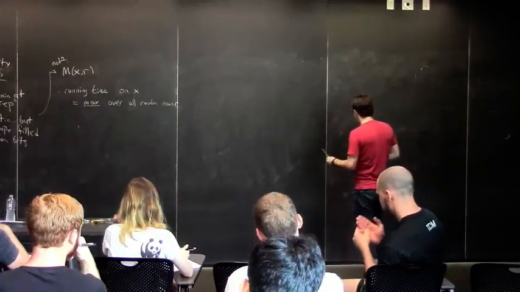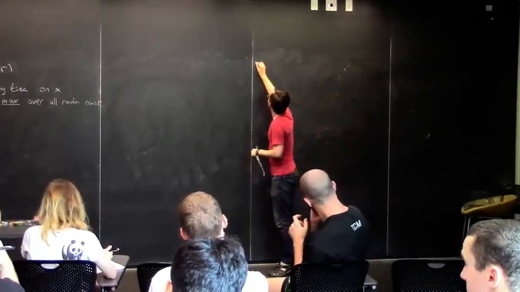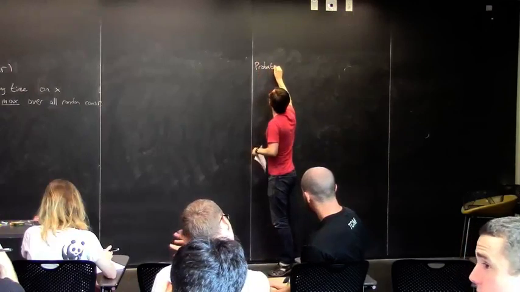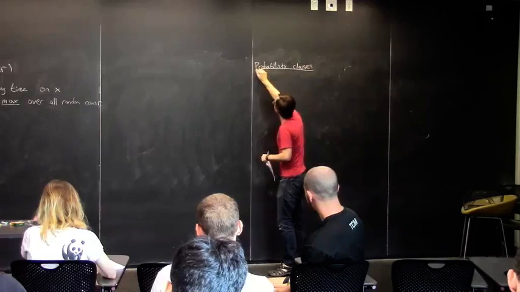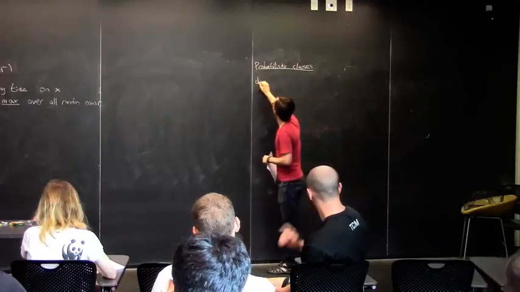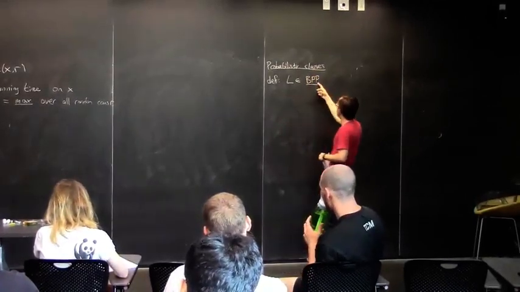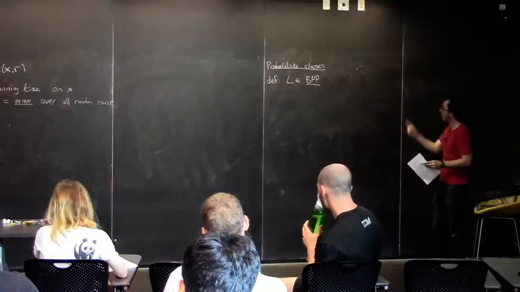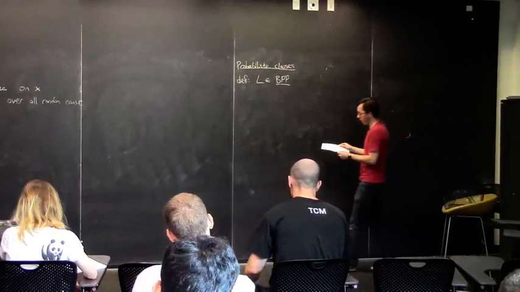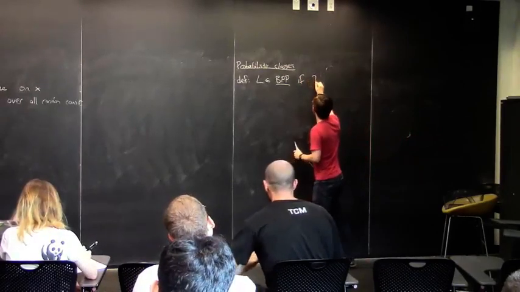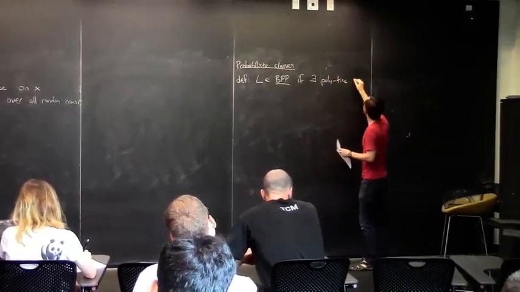Okay. So let's define some probabilistic complexity classes. I'll start with maybe the most simple and basic one, called BPP. So a language L is in the complexity class BPP, the last P stands for polynomial time, the middle one stands for probabilistic, and B stands for bounded error, if there exists a polytime probabilistic Turing machine M